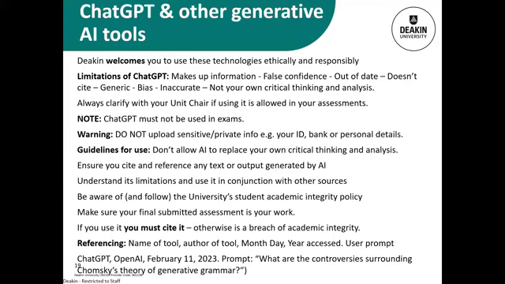Deakin acknowledges the use of ChatGPT, but they are concerned that students may use it as a form of cheating, or maybe they will use it and not acknowledge it. So there are some systems in place to make sure that it is being used appropriately.